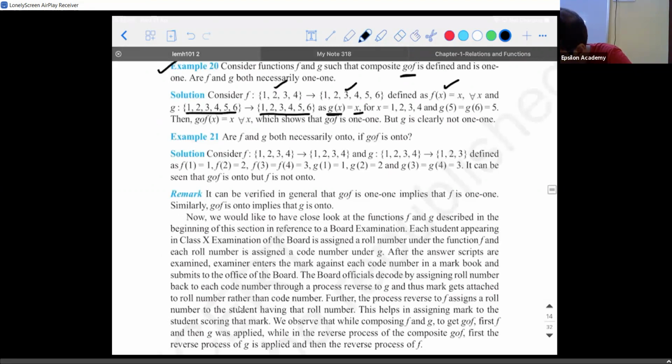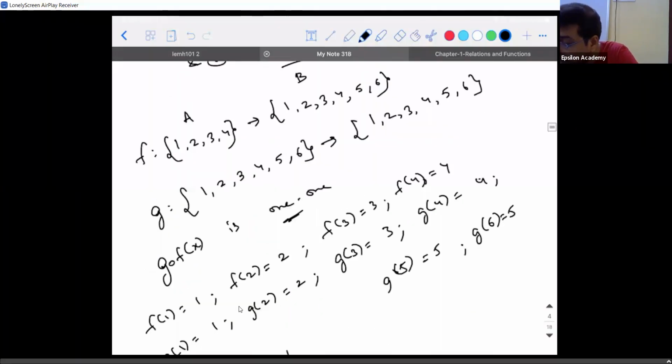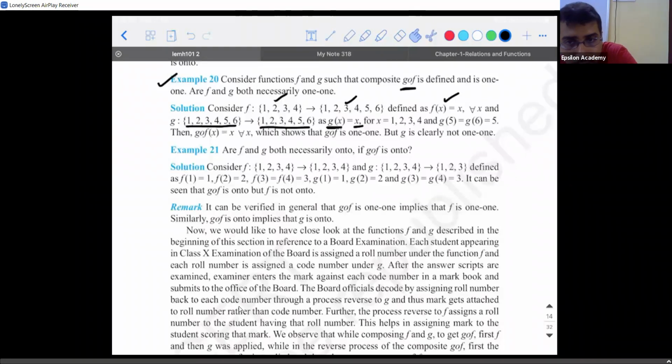So I have a doubt. And G of F. Sir, G circle F, I'll not do one to one, no, sir. It's many to one, no, sir, because I have considered it like that. No, I'll make it like this. In the question, it's one to one, no, sir. Did they give anything about F of 5? F of 5 does not exist, right, sir? F of 5 is not defined. They didn't say anything about it.